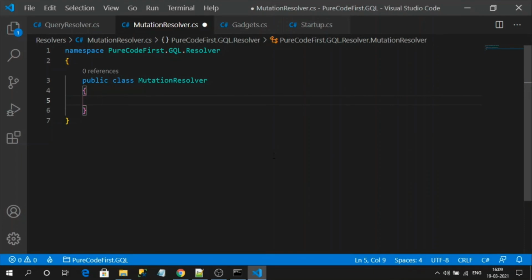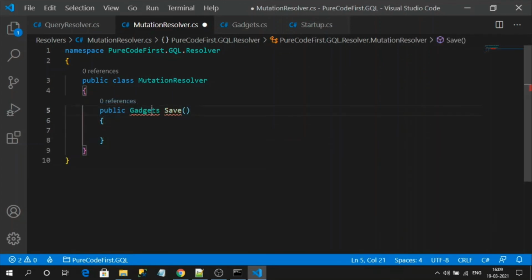So this is my mutation class, we can say, with GraphQL HotChocolate technology. Now let's create one resolver, or a method, that is going to save our data into the database. For that, I will use public, and I want to return the saved object as well. Gadgets. Save is my resolver name.